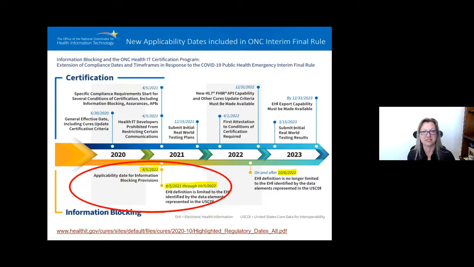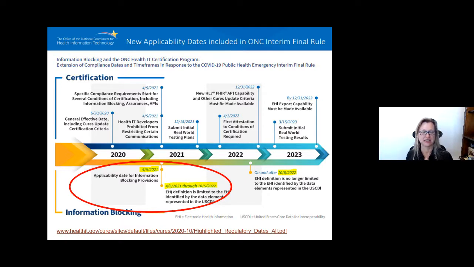Just to review the deadline dates. On the top portion, this chart probably is familiar to many of you. It's directly from the ONC's website that promulgated not only the rule for information blocking, but also is overseeing the certification piece. I'm going to presume the majority of you, although there may be some of you out there on the vendor side. The top piece has its own timeline for that certification, which coincides with some of the more practical pieces that healthcare organizations, healthcare providers, HIE, HINs are looking to implement. So the bottom piece is what I'm focusing on today.